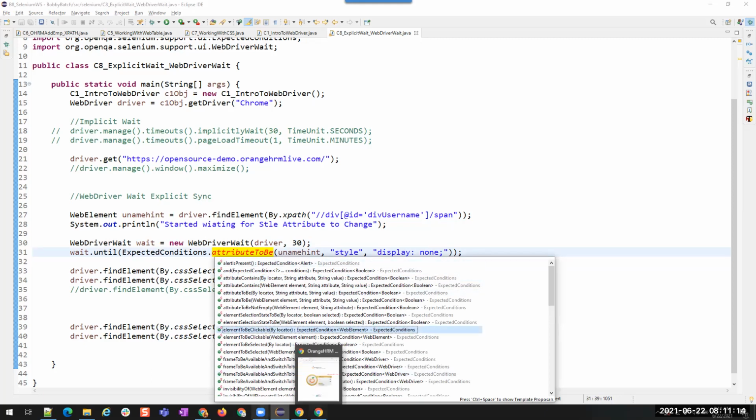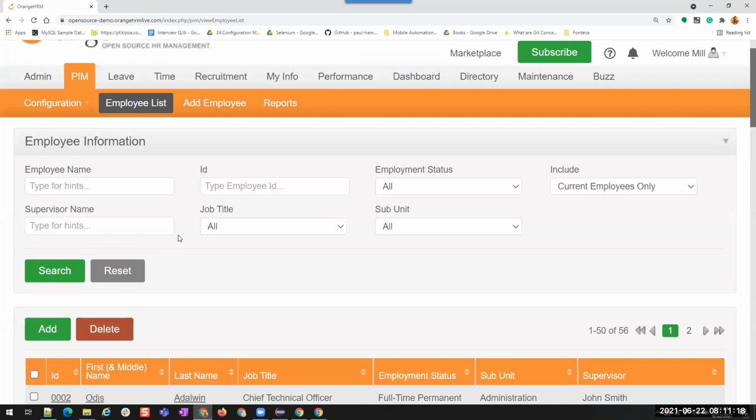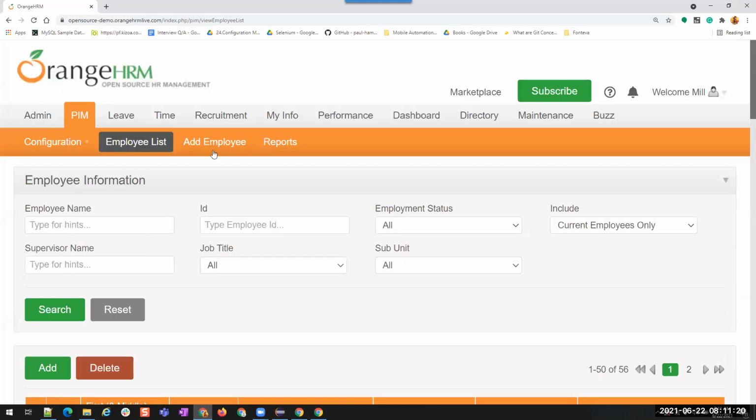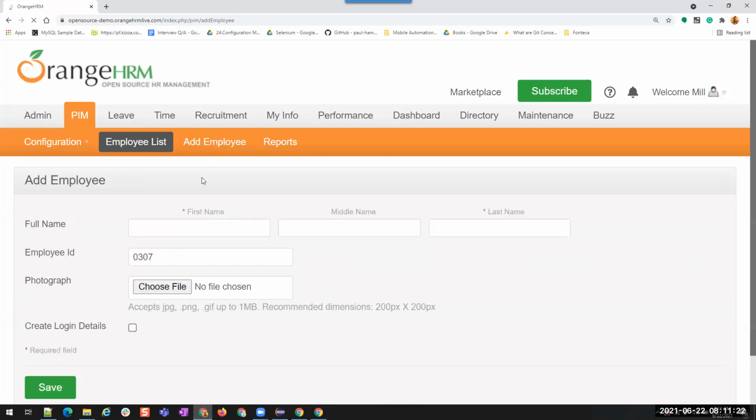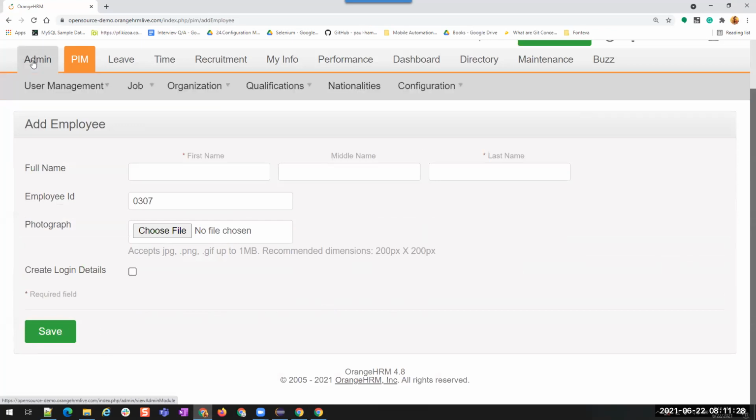Sometimes, if I go to add, this is clickable now by default. Where can we find some elements that are disabled until some duration?